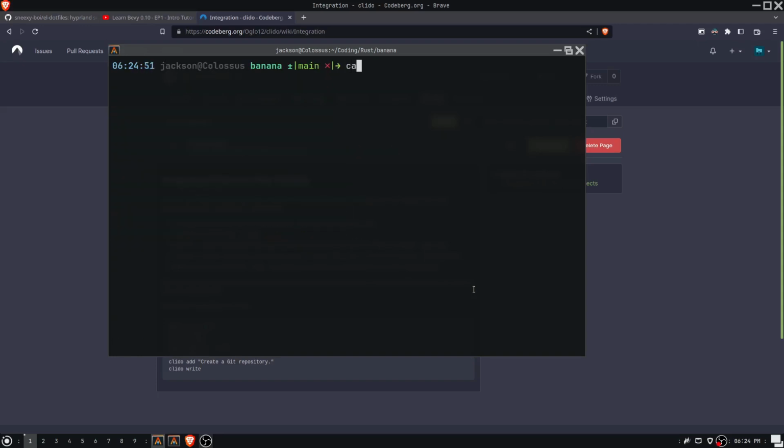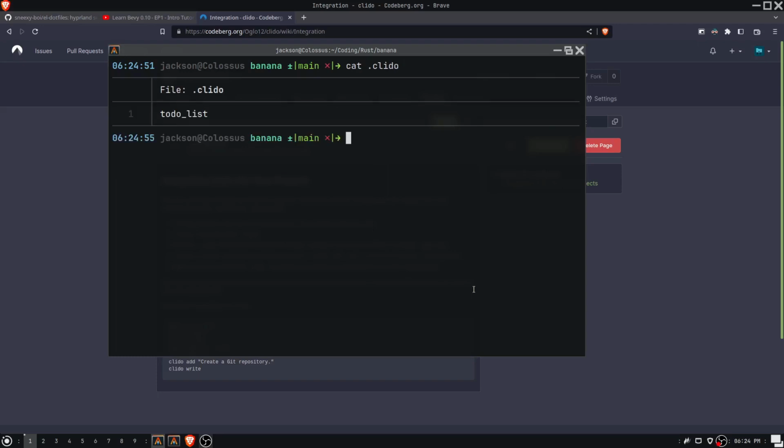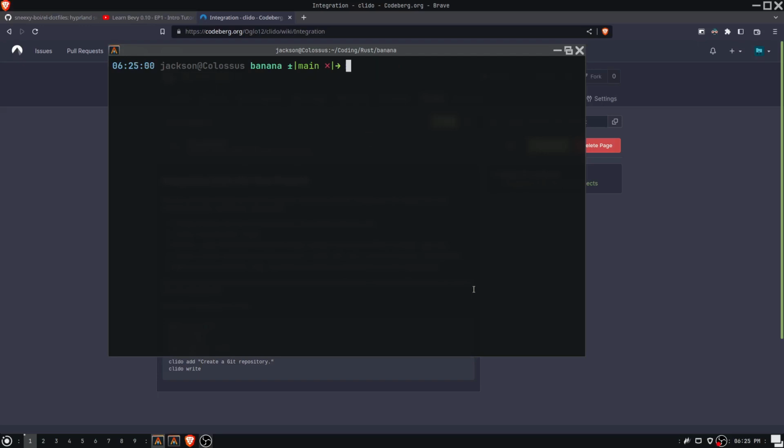And now if I cat the .clido file to see what's in it, you can see that it just has to-do_list, just this plain name. Now you want to touch another file, so create another file. And you want to call this the same thing you put in your .clido file, so to-do_list, and then you want to add the extension